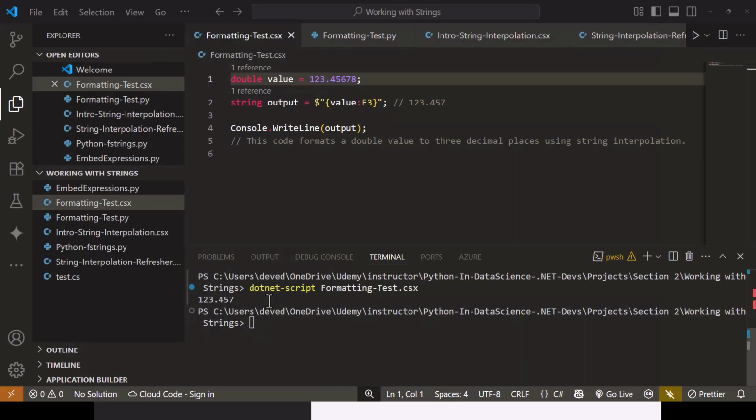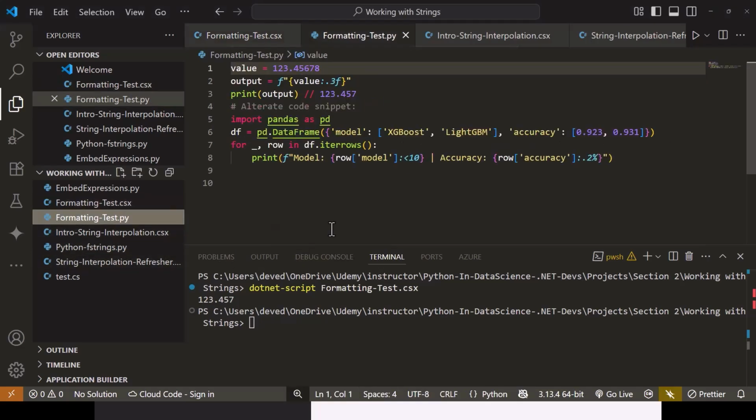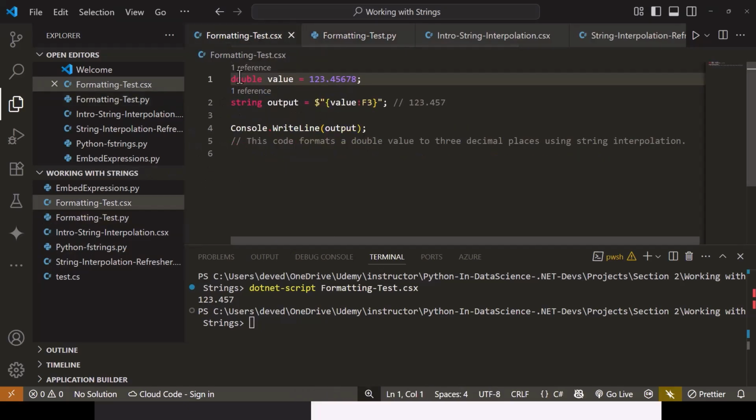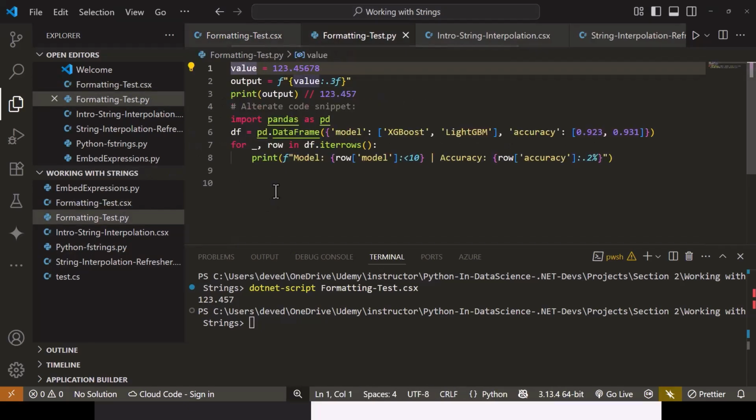So this is the resulting output of this file, C# script formatting test.csx. 123.457, up to three places of decimal. This F3 means that 123.457. Now we'll run this code, formatting test.py. So I've got two codes. This is one code which is exactly equivalent to what I've written in C# here, and this is another thing,